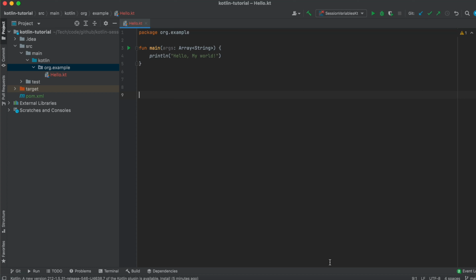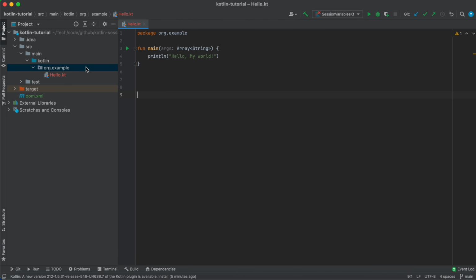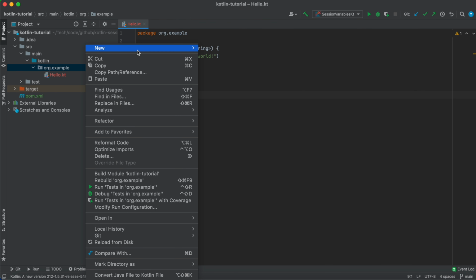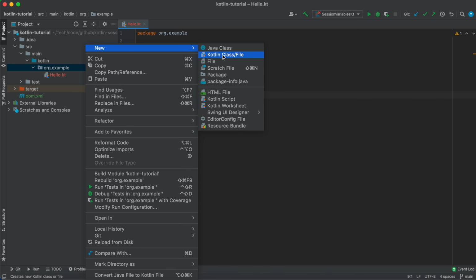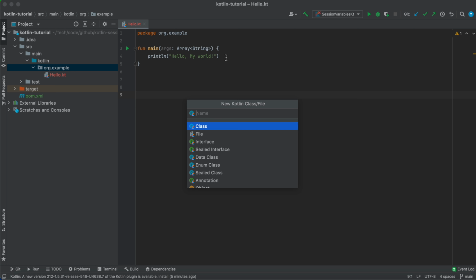Now is the time to do some hands-on. Let's try creating a few functions and variables. This is the same Kotlin project which we set up in one of our previous sessions. Let's try to use it to do some hands-on for today's session. Let's create a Kotlin file. Go here. We want to create a Java class or file. Let's go with file. Let's name it something like